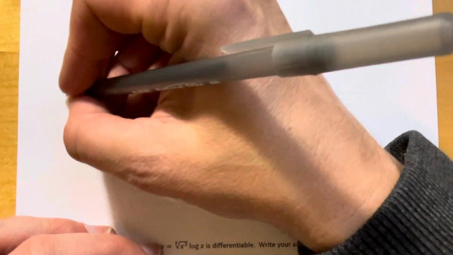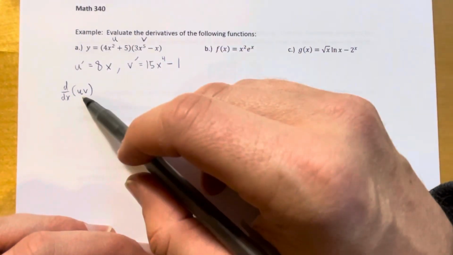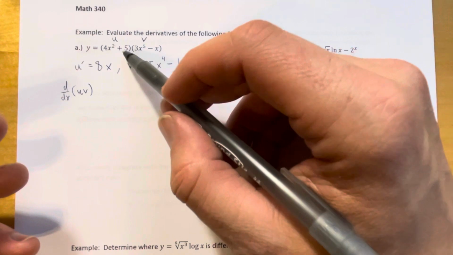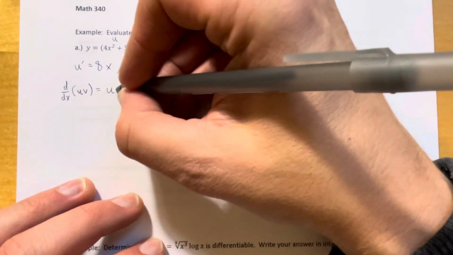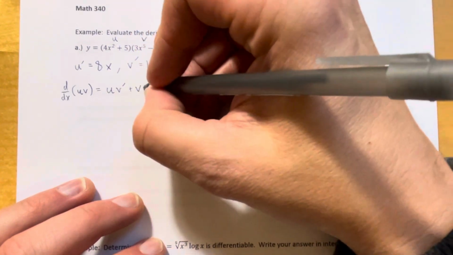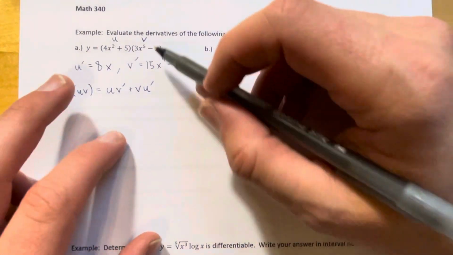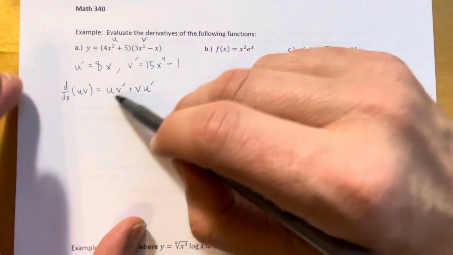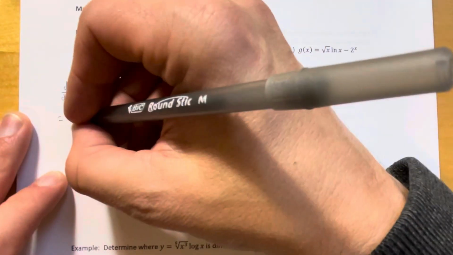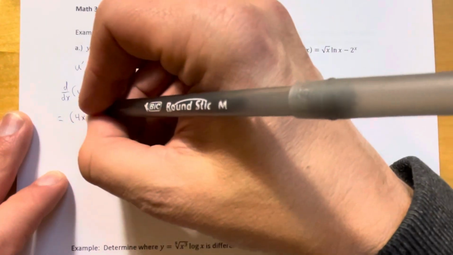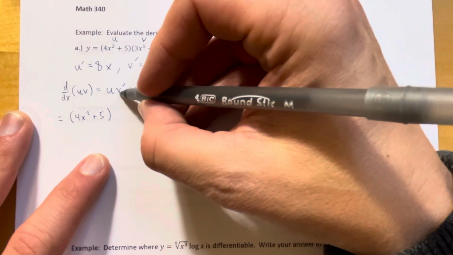So it's the one that says this: if I want the derivative of uv, which again is the same thing as what I'm trying to do up here, I'm finding y prime, which is the derivative of uv, then it's equal to u v prime plus v u prime. Okay, so now I'm going to take the different functions that I know that all of these are equal to, plug them in. U is this function here, 4x squared plus 5, and then I'm multiplying that to v prime,